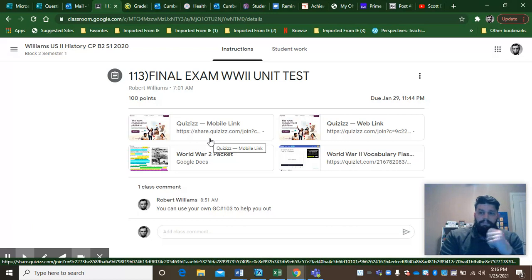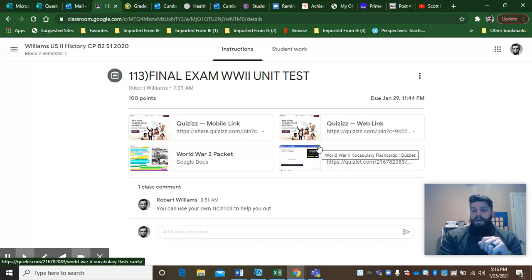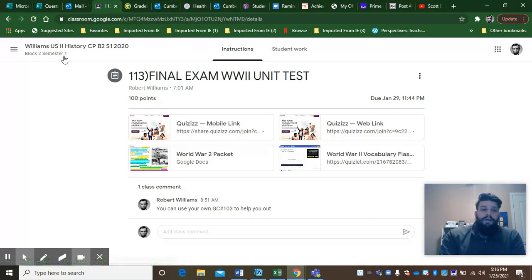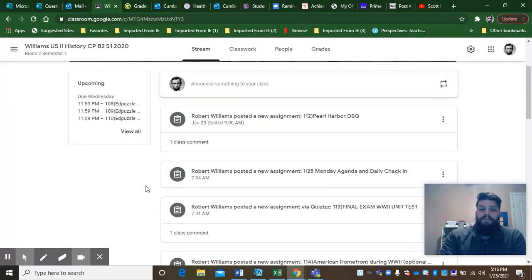Okay. This test is the last real unit test of the year in here. It's acting as our final exam. The kids can take it multiple times if they need to. If for some reason they do not want to take it at all, unfortunately, I have to put it missing until it's completed. The other test grade that I'm giving is in place of a DBQ essay.